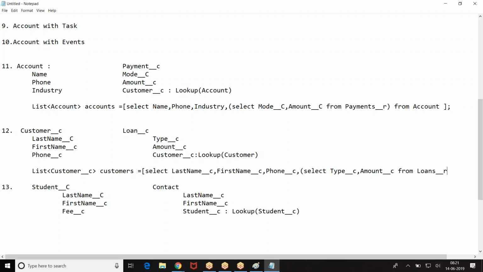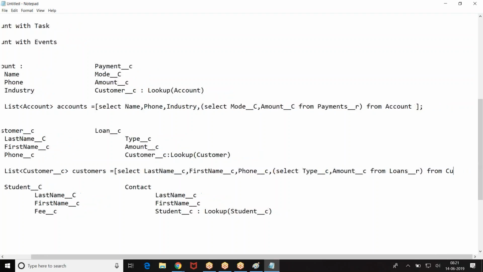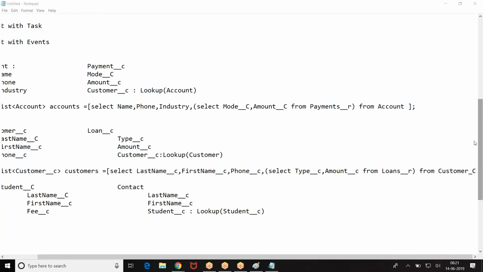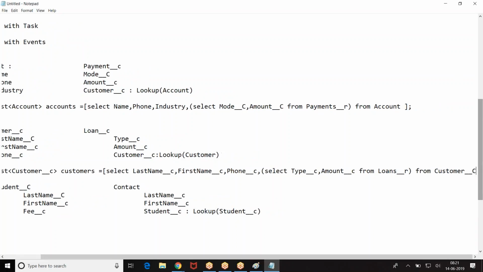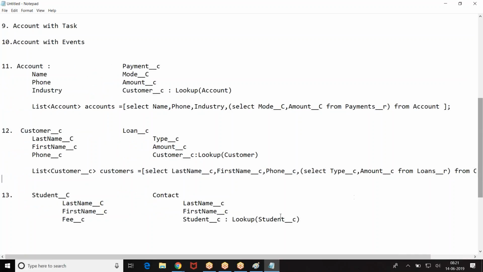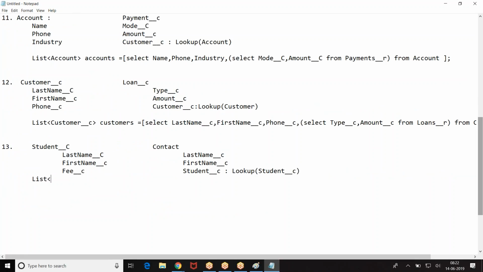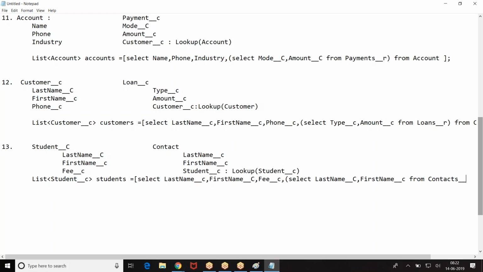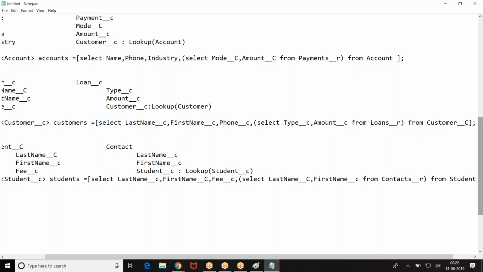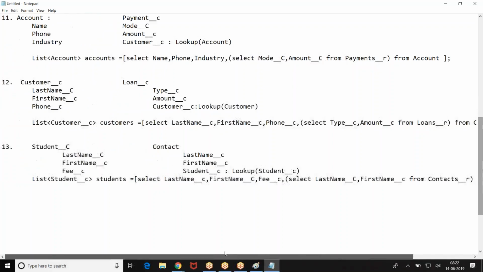From loans, contacts. So we are least interested in whether they are standard objects or custom objects.